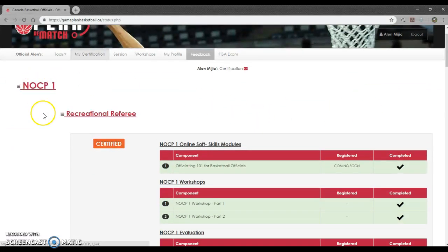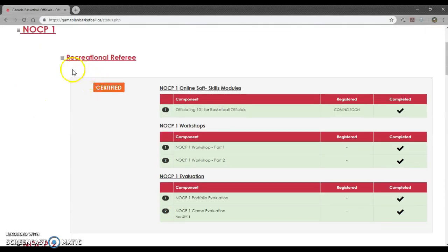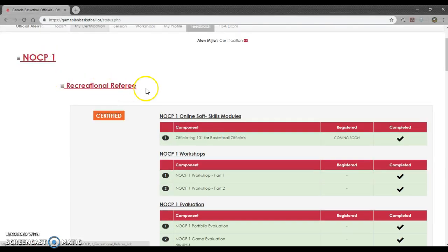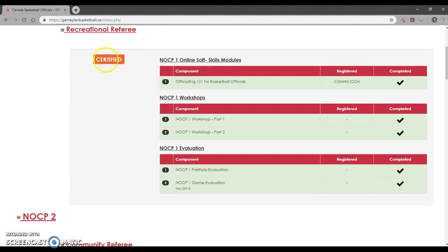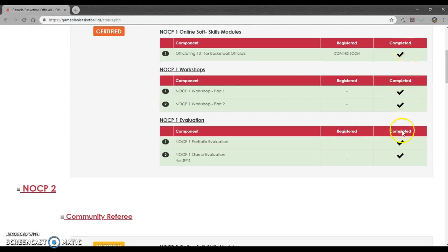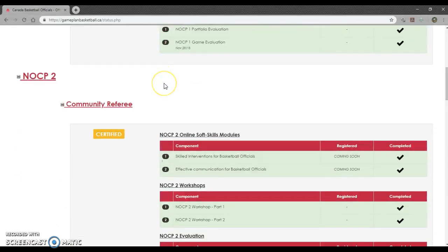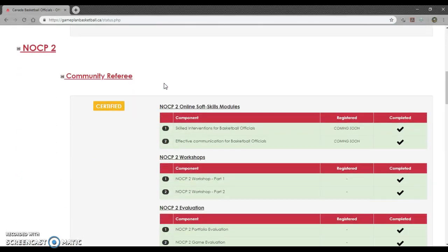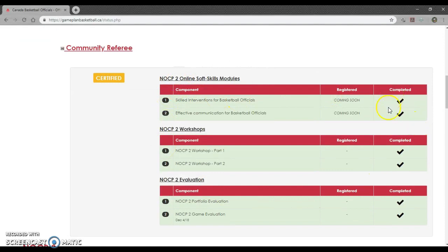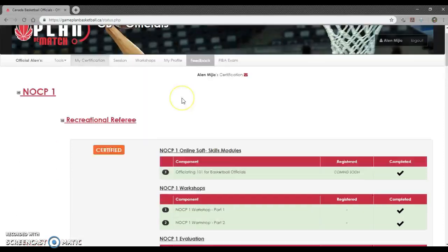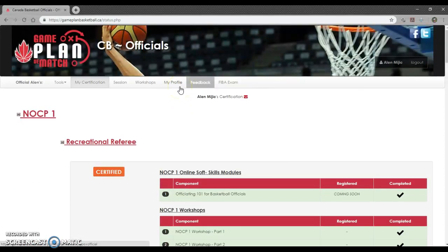It should have the different NCCP levels. So again, NCCP 1 is a recreational referee. So if you're level 1, then it should say certified here for you. And these things should be checked off. The prospects, this may not happen for you because you're not at level 1 yet. But either way, as long as you see this screen, then everything is good so far. So if you're NCCP 2, all this is probably checked off. You do not have to worry about any of this here as of yet until we hear anything else from